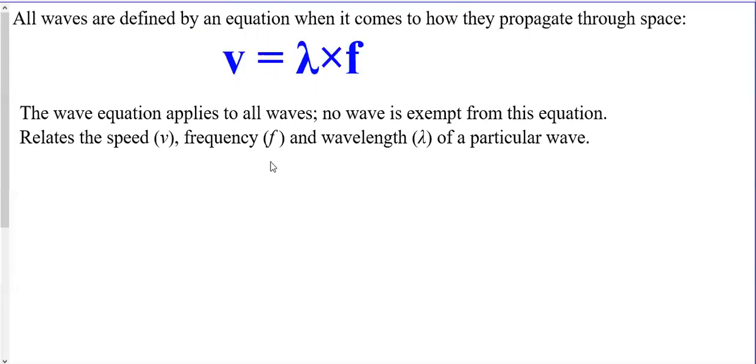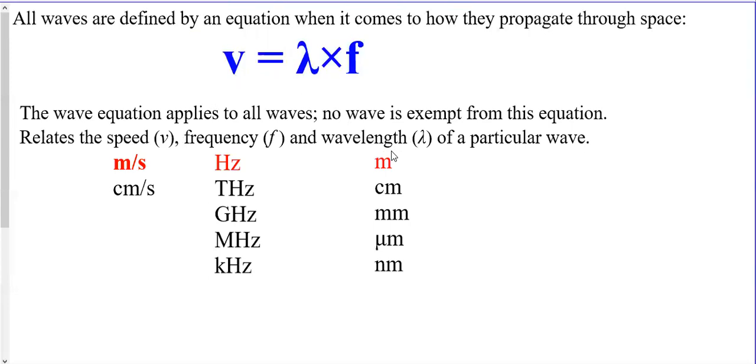Frequency is a bit simpler, lowercase f, and then wavelength again is just lambda. So you'll just have to recognize those symbols when you do your math. Speed will typically be measured in meters per second, occasionally centimeters per second, once in a while millimeters per second. If you ever get kilometers per hour, it's probably a good idea to convert it into meters per second, because